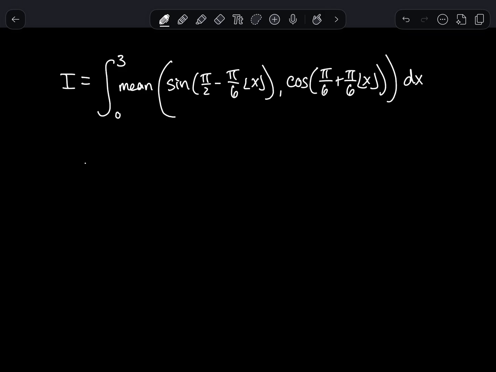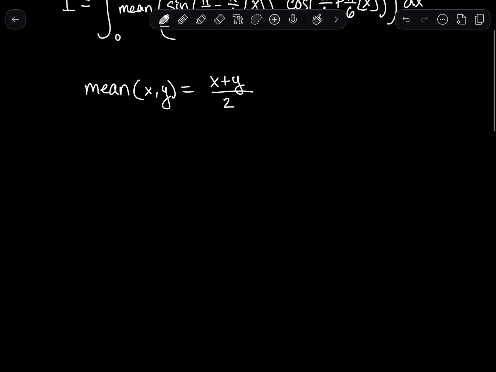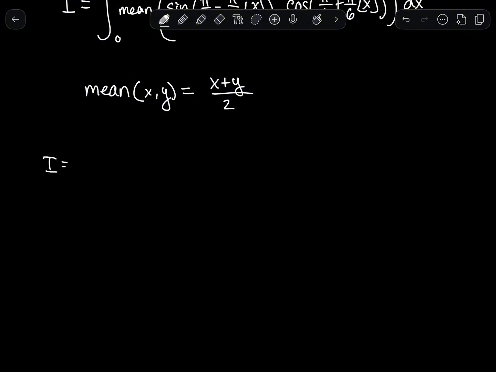We have the integral going from 0 to 3 of the mean function of sine of pi over 2 minus pi by 6 times the floor of x, and cosine of pi by 6 plus pi by 6 times floor of x, with respect to x. Pretty much the mean function of x and y is just equal to x plus y over 2. So that means we can rewrite the integral as the integral from 0 to 3 of